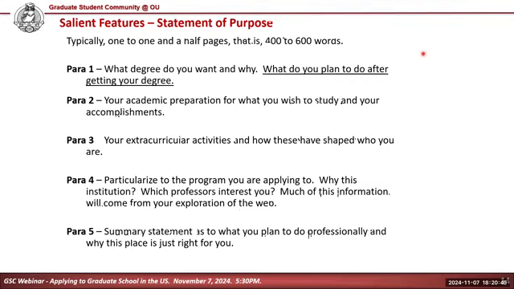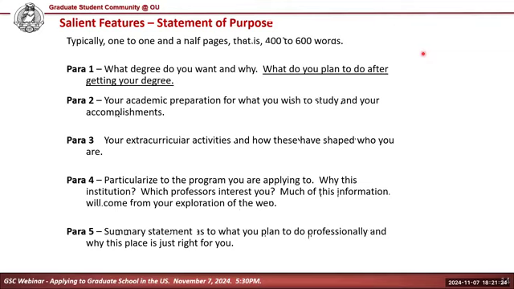Why is that the case? US institutions get a huge amount of support from the alumni. They want you to donate. So if you go along and say, hey, guess what? I want to get a PhD and I want to go and work in industry doing X, Y, and Z, then the first step is to say, okay, the person gets a PhD, so I'm interested as a professor. Second, the university comes along and says, this person will be successful and will give back to the university. Now, it's very important for you to show value here, value to the communities.